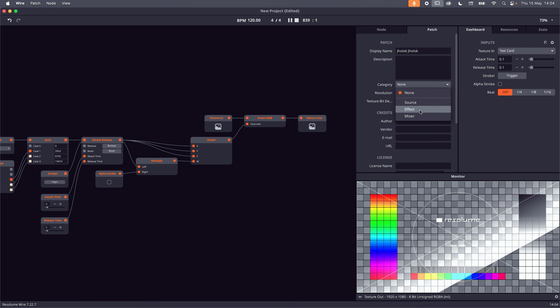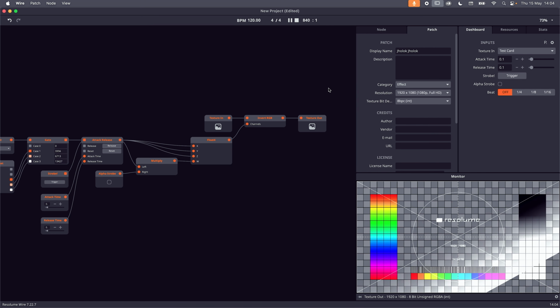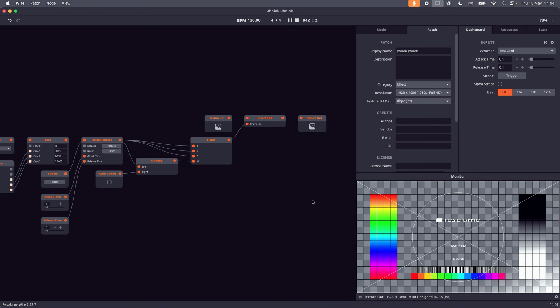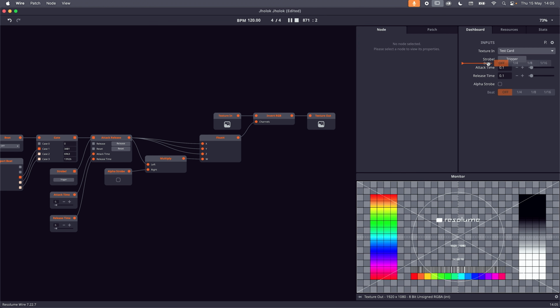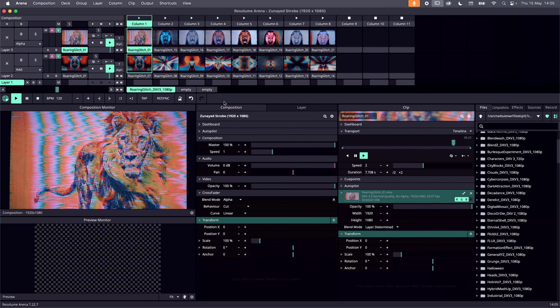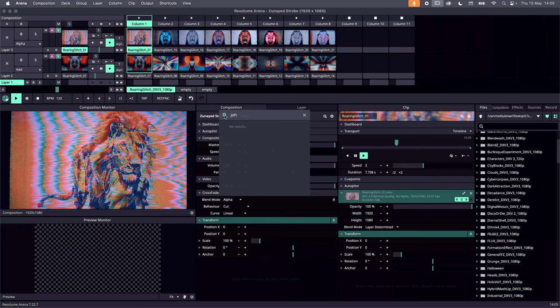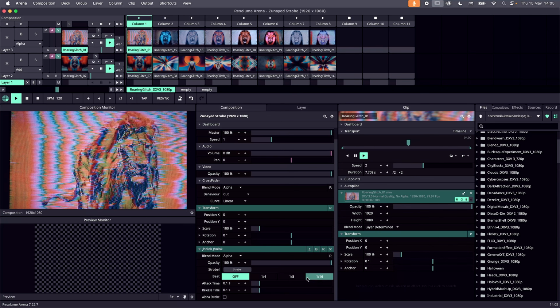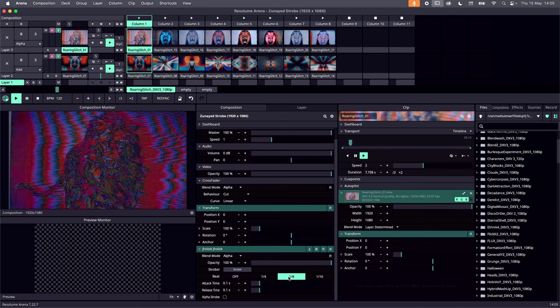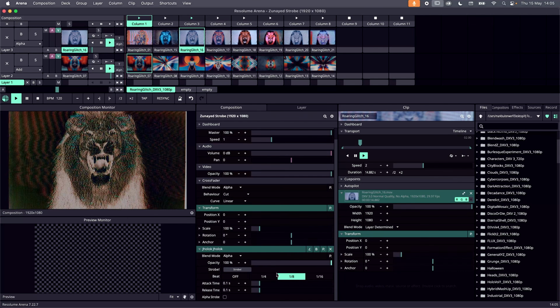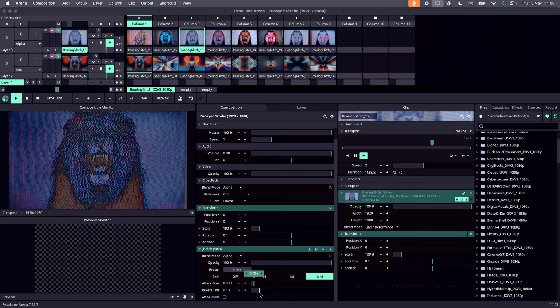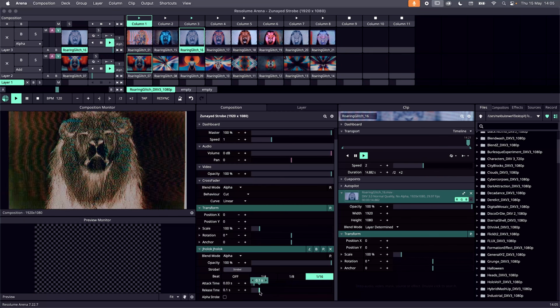I'm saving the patch as an effect. This is needed for Arena to know that this is indeed an effect and that it should show up under the Wire Effects tab. After a quick cleanup in the dashboard panel, we are in Arena and ready to rock our new effect. I'll throw the effect on the entire composition by using Quick Search. We can see that our beat syncing works and we can play with the attack and release times to modify our strobe. Pretty sweet. I hope this inspires you to create your own strobe effect.